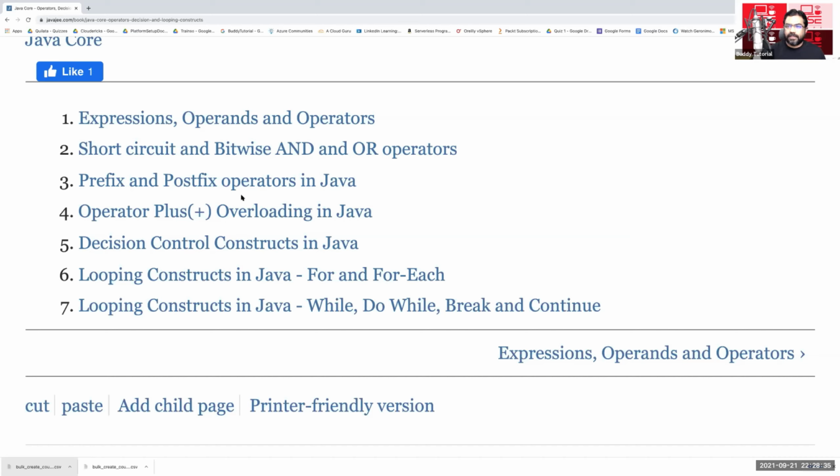From now on, you may use IDEs. You can use IntelliJ Community Edition IDE, and we will jump into something very interesting, which is decision control, looping, and all, along with data structures and algorithms in the coming classes. Make sure you practice and understand all these things, and we will continue learning, and we will all become very good with Java, data structures and algorithms, and a lot more. Happy learning and sharing.